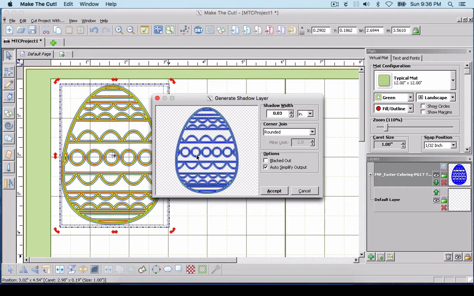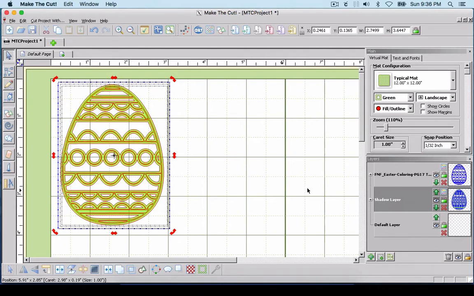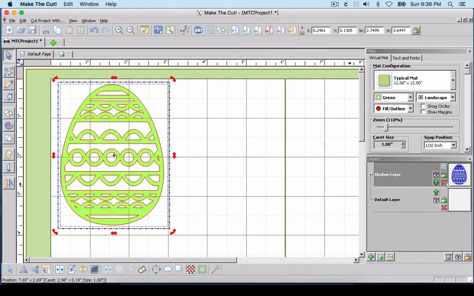So they're still not quite there yet. And now they definitely are. So we could probably dial this down a little bit more, but I kind of like the way it's more scalloped looking. So I'm just going to accept that. And once we have our shadow layer created, you can just get rid of the other layers and leave only the shadow layer. So this looks pretty good, except there's this little guy over here,